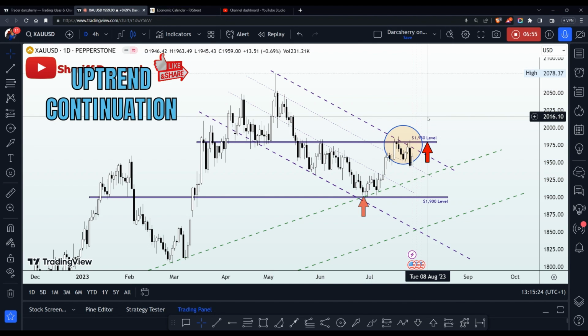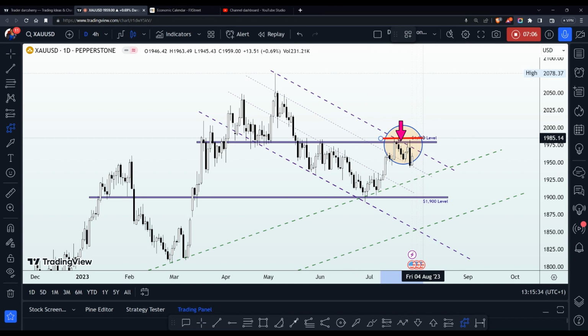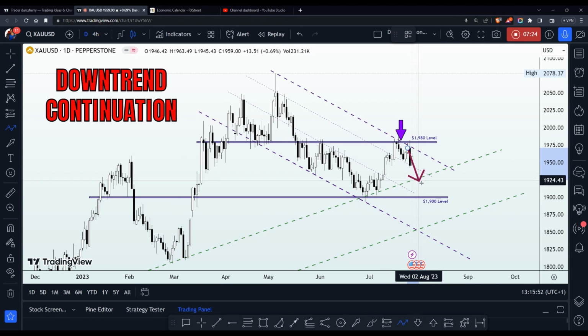That is one scenario I'm looking forward to this week. And then the other possibility here, considering the continued selling pressure around the 1980 during the last couple of weeks, is for me a little bit concerning, as we can see how buyers have been struggling to break out of that level. And with this scenario here, we could likely see price action drop to the downside, probably